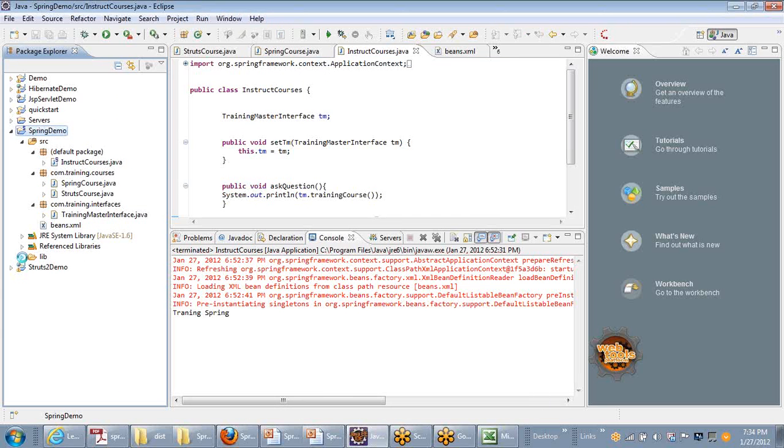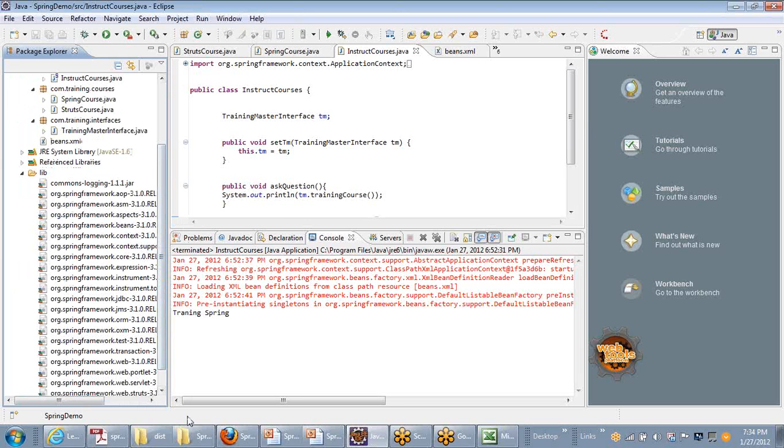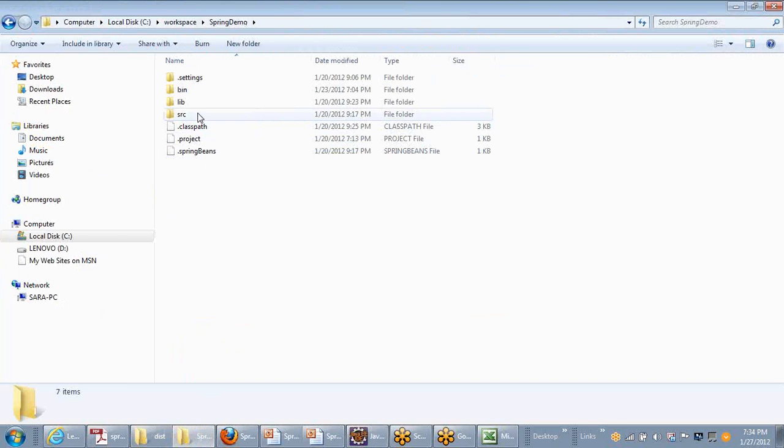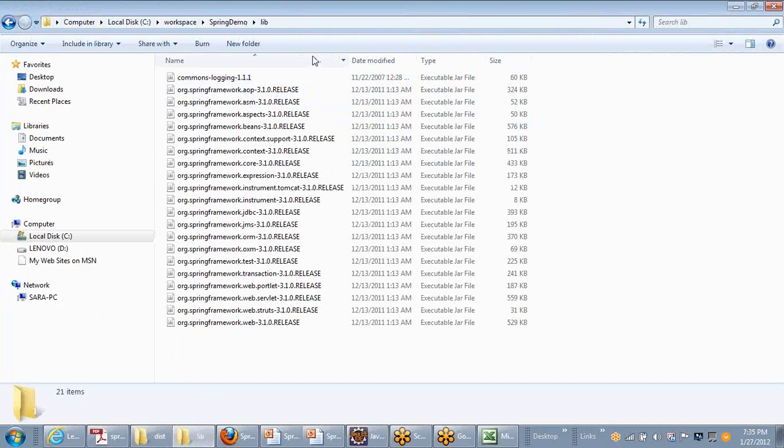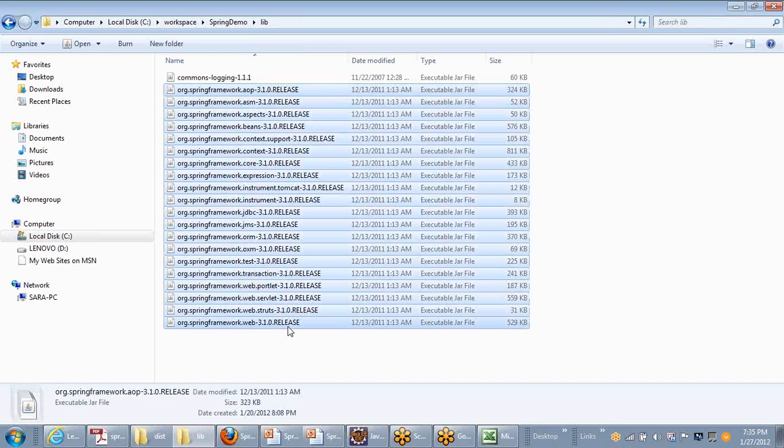Create a lib directory within that, and once you create the lib directory, from the backend you can just copy those jars. See, I copied all those jars to here. So this is my Spring demo project for running the Spring application.